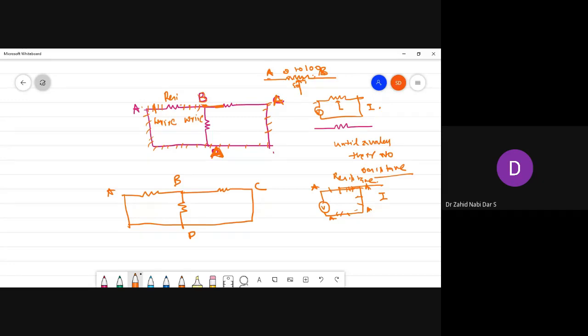But here, you see this resistance R1 is connected between points A and B. Here also you can see R2 is connected between A and B. Because they are connected at the same two points, the upper and the lower point should be the same, A and B. So now you can tell easily that R1 and R2 are in parallel. Now you are getting my point.